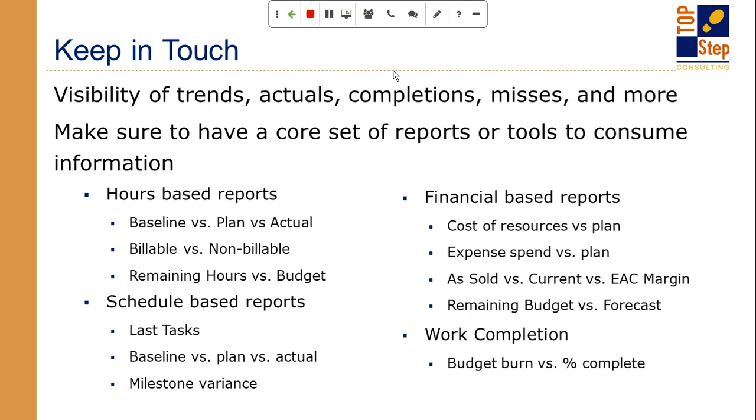The other hours-based metric that I like to look at is the remaining hours versus the budget. So this is your ETC in your remaining hours view. I have 100 hours, I've delivered 40, I have 60 hours left, but is that going to get us to the end? Is that my hours remaining, my estimate to complete, to really deliver that project? So those are all very unique hours-based reports, all very valuable, all answer a different question.